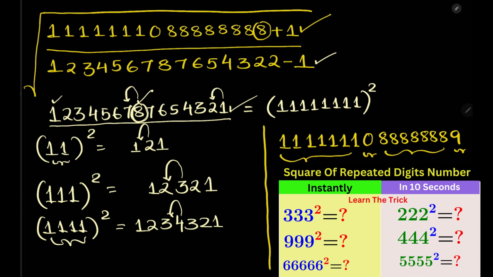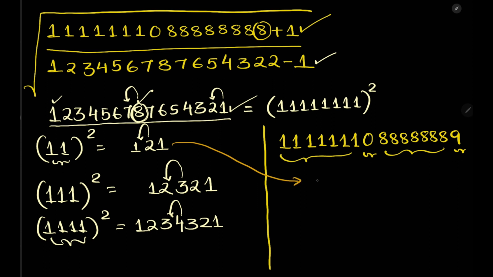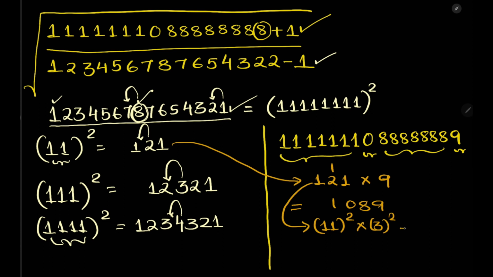We have already discussed this trick in this video. Let us discuss one more time here. If you write this number here, this is 1, 2, 1 and if I want to multiply this number with 9, this will become 9 times 1 is 9, 9 times 2 is 18, write 8 here, 1 will be carried forward, 9 times 1 is 9 plus 1 is 10. So the number is 1089. As we know, 121 is 11 square and 9 is 3 square. We can write this as 11 into 3 square. So we can write 11 into 3 is 33 square is equal to